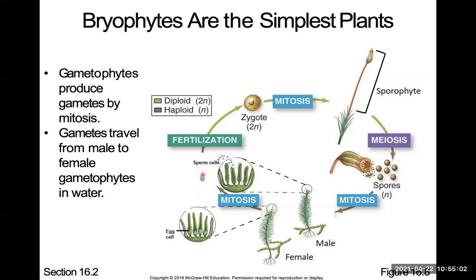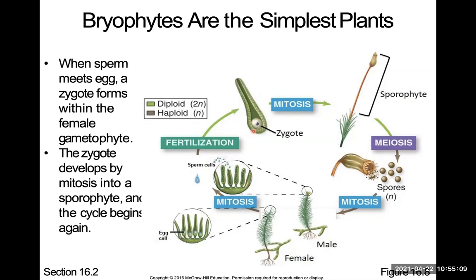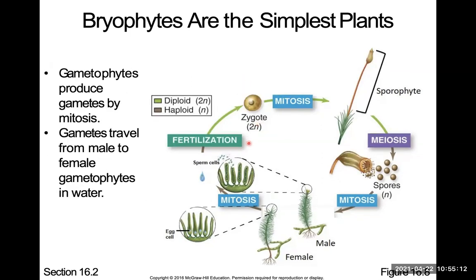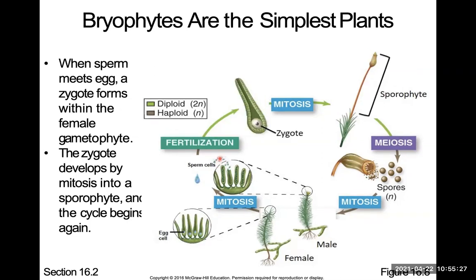Then it rains. When there's some water nearby, this sperm is going to swim to the egg, and it's going to fertilize the egg. Once the egg gets fertilized, you have a zygote. So again, gametophytes produce gametes through mitosis. Gametes travel from male to female. So the sperm travels to the female egg with the use of water. These droplets are showing water. And then when the sperm meets the egg, a zygote forms through fertilization. And then the zygote goes through mitosis, divides, turns into sporophyte. So the whole cycle